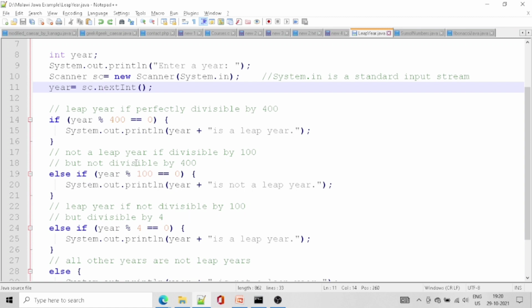So if the year is divisible by 100, it's not a leap year. If divisible by 400, it's a leap year. If perfectly divisible by 4, it's a leap year. What does the modulo function do?